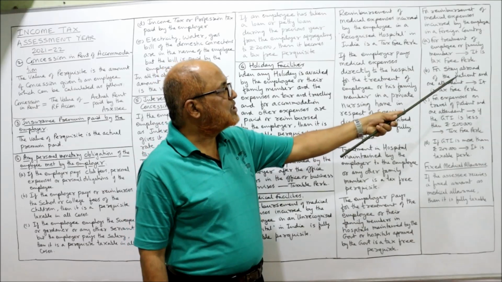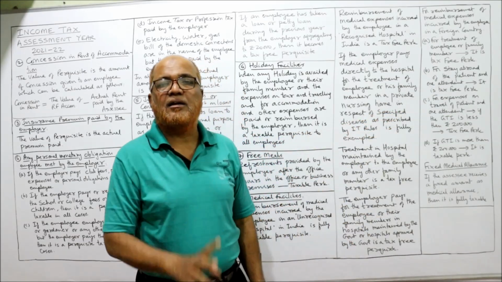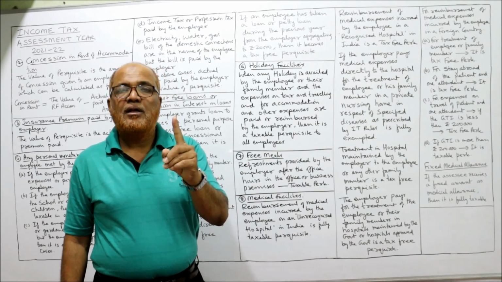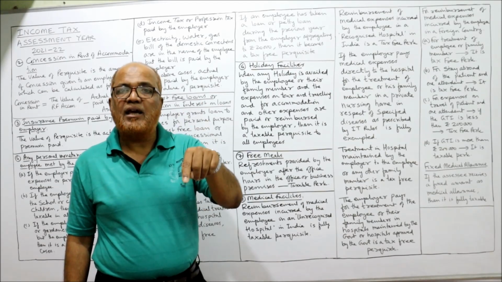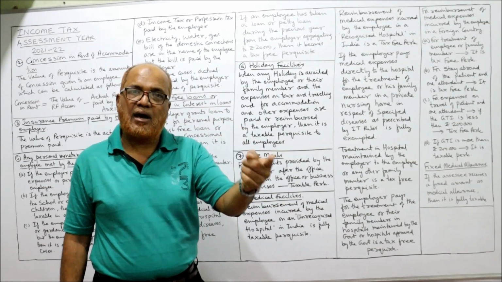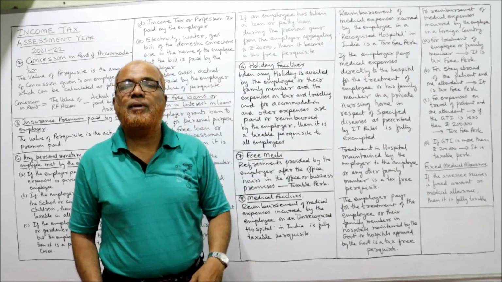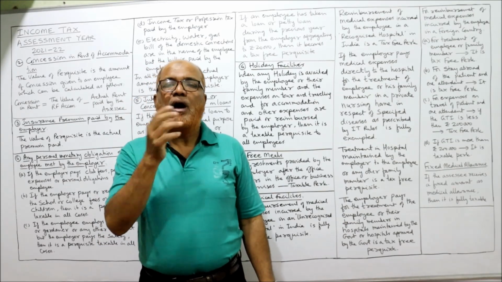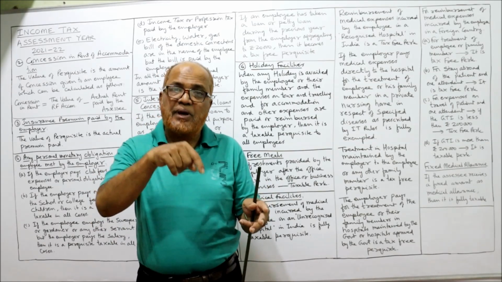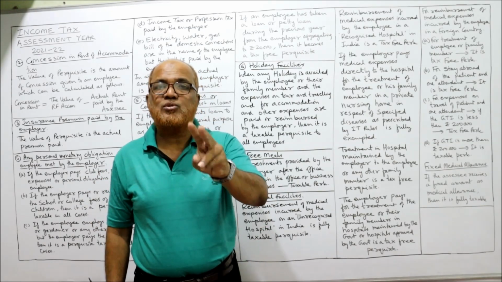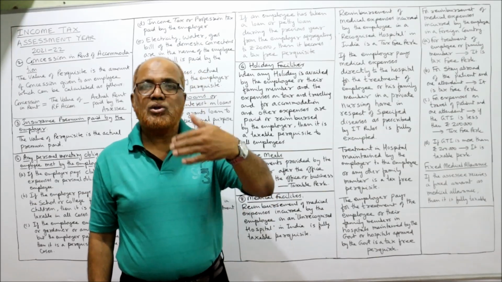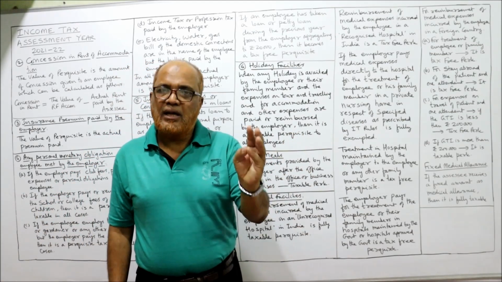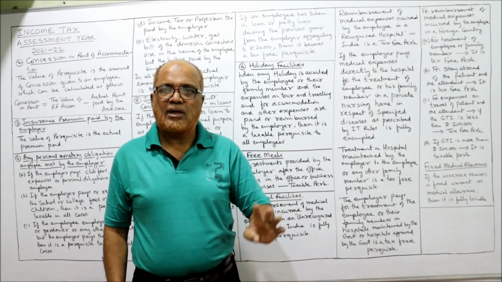Secondly, for stay abroad of the patient and one attendant, because the patient himself or herself cannot get the treatment alone, one attendant is required. The expenditure incurred on staying by the employee and one attendant, reimbursed by the employer, is a tax-free perquisite. The 5 lakh rupees I just told you is the medical bill. Apart from the medical bill, the staying expenditure of the patient and one attendant comes to 2 lakh, and that 2 lakh rupees is also reimbursed by the employer. The Income Tax Act says that is also tax-free. The medical expenses and staying expenses, both are tax-free.